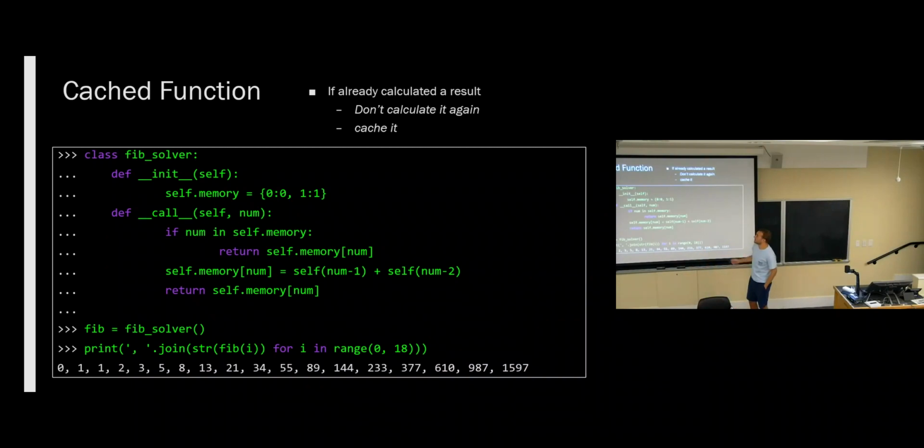But so I think that using dundercall is good if you want to be able to hide the fact that there is state. So here, Fibonacci is not a function that necessarily needs a dictionary. But we kind of want it to be there and for the user to not have to think about it. So here by using dundercall instead of some other method name, we've really hidden this dictionary. I mean, fib looks like just a function here. But it's not, so we know it's an instance.